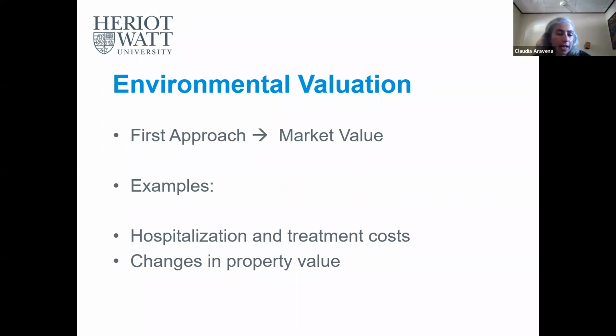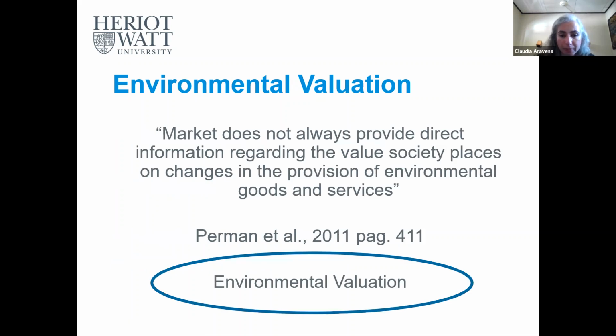Another way you could get some values through a market approach is through a change in property value. So let's say that you have a field and then a thermoelectric plant to produce energy with oil is installed in that field. There will be an impact on the landscape and many other impacts. One of the effects this will have is the reduction of property value in that area. Therefore, you could calculate the value of that change, and that will give you the value of the externality through a market approach. Okay, so that is a way you could use the market. However,